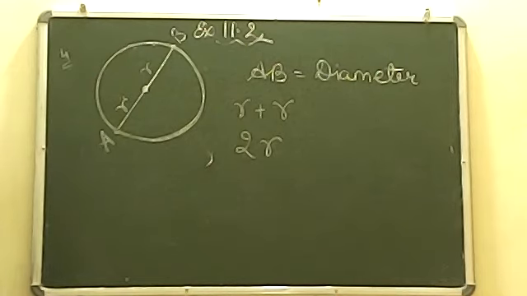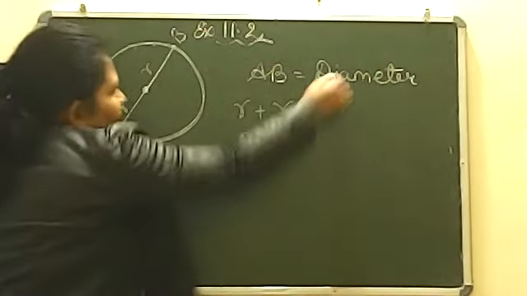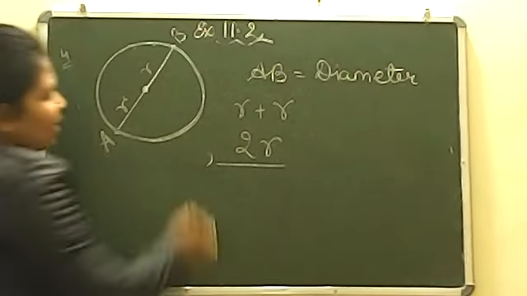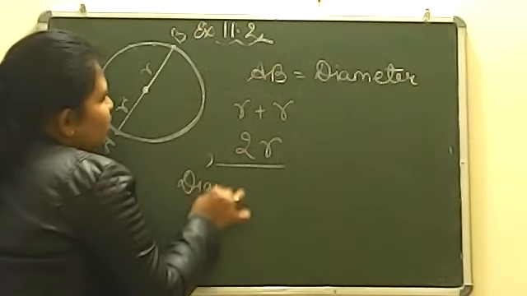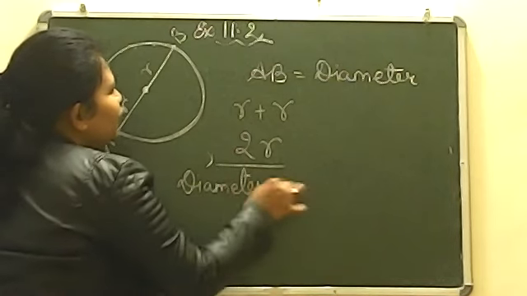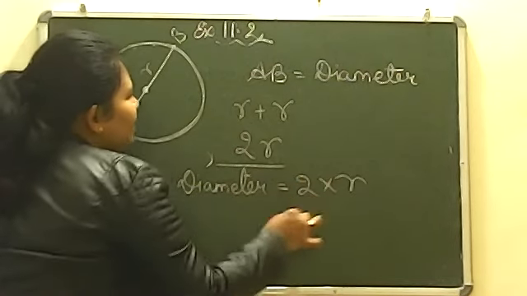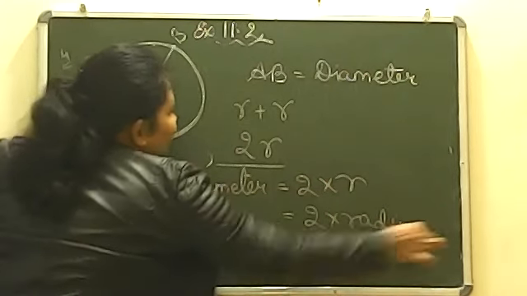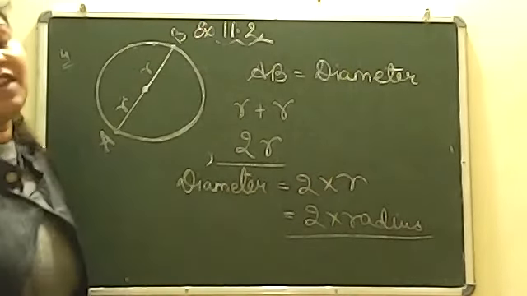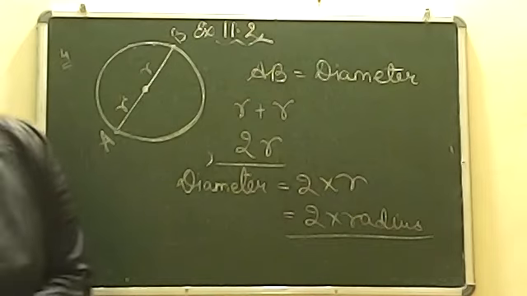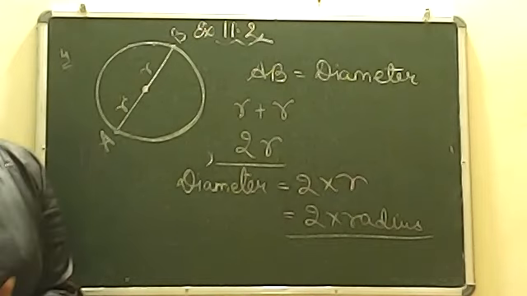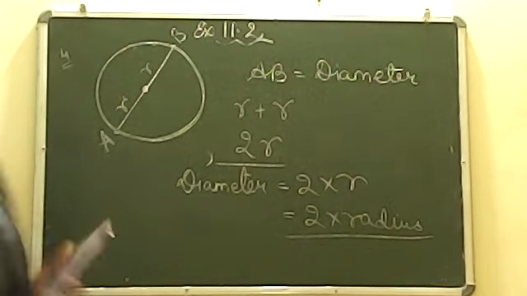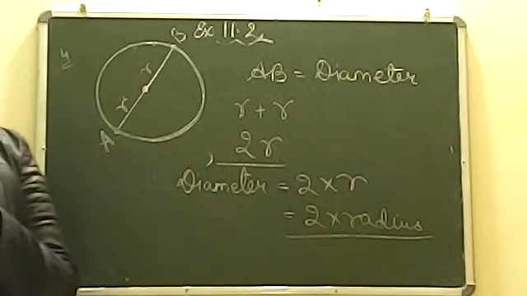So remember always, when you talk about diameter, diameter is always 2R. In a circle, diameter is always 2R. 2R मतलब होता है 2 into R. That is 2 into radius. So always remember this. ठीक है? That is why I have also taught you when I was teaching you circle. उस समय भी मैंने आपको बताया था बेटा कि diameter is always 2 times of radius. ठीक है? How it comes, that I have just now shown you. This is also completed.